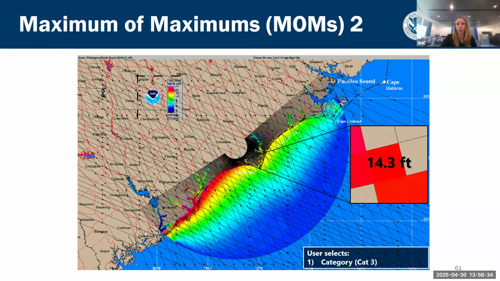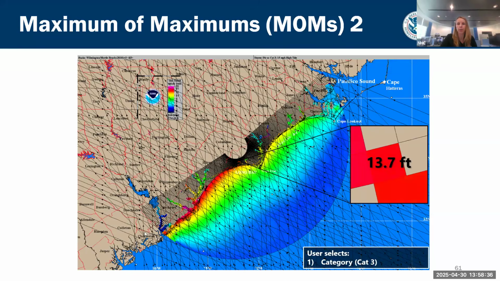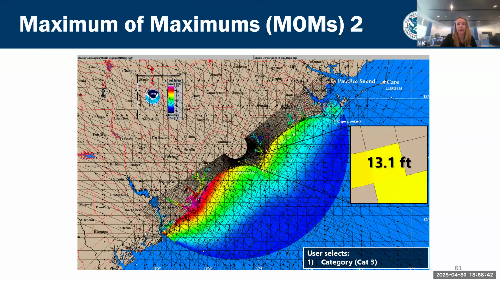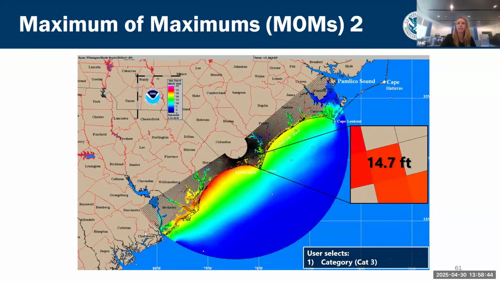This is north-northwest, moving north, moving northeast, all the way around the compass. And then we retain the maximum pixel, or the maximum storm surge at every given point. And this is your vulnerability to a category 3, moving in any direction at any forward speed, but at category 3 intensity. And you'll notice that our vulnerability at that single point is 14.7 feet.